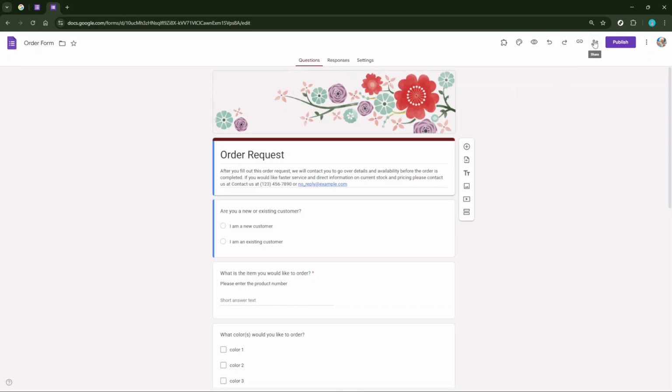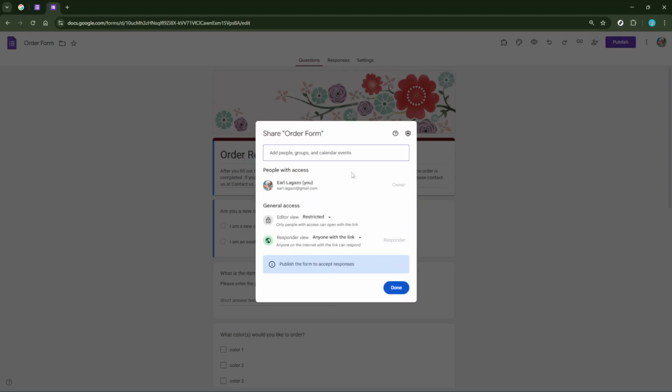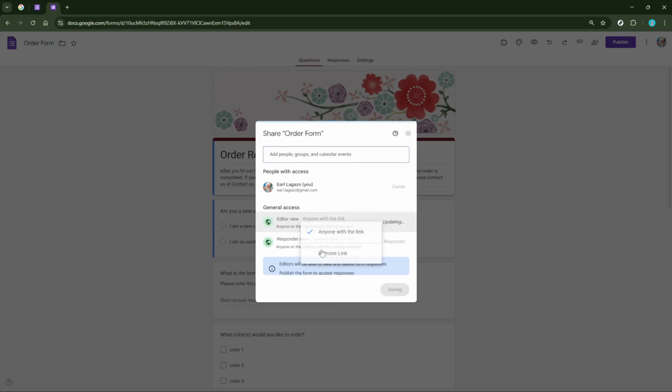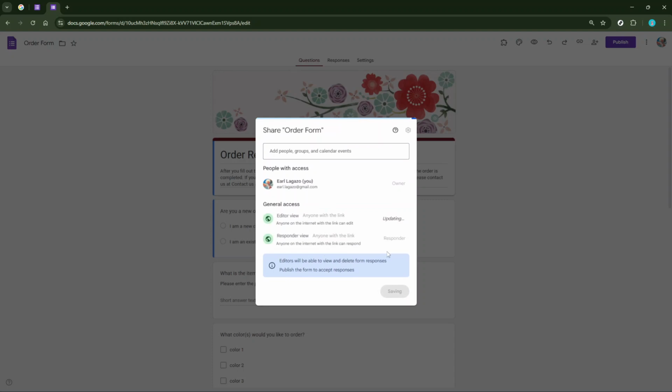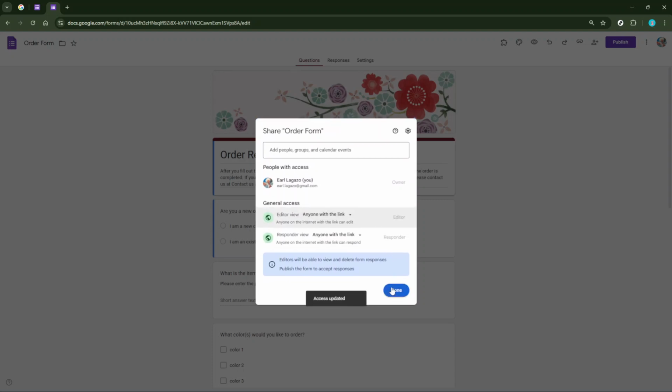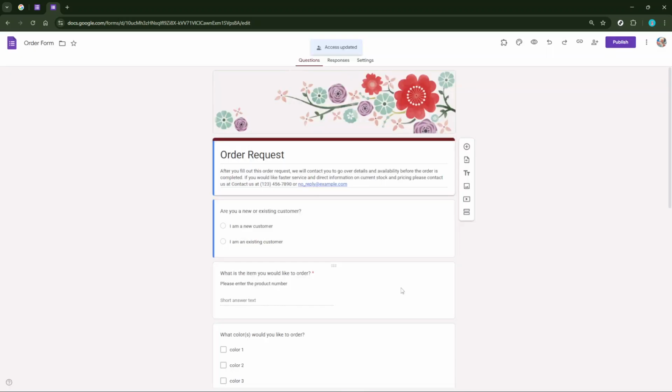Now, once you've clicked the Share button, you'll find yourself in the General Access section. Here, a crucial decision awaits. If you aim to make your form accessible to the public, ensure the option labeled Restricted is unchecked. When you uncheck the Restricted box, you're allowing anyone with the link to access your form. This step is vital if you want the wide dissemination of your form without troubles tied to individual permissions.